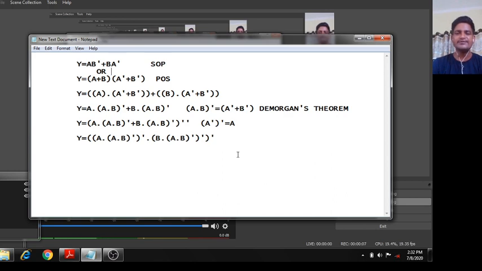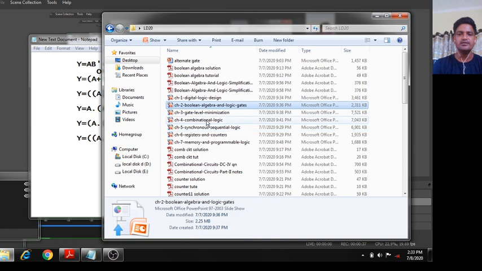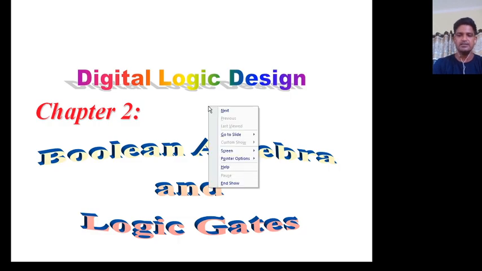In the last lecture we discussed logic gates, different types of logic gates such as basic gates, universal gates and arithmetical circuits. Today we will discuss gate level minimization. Before that, there are two important theorems in Boolean algebra. One is the duality theorem and the next one is De Morgan's theorem. Okay, before that I would like to discuss this theorem.